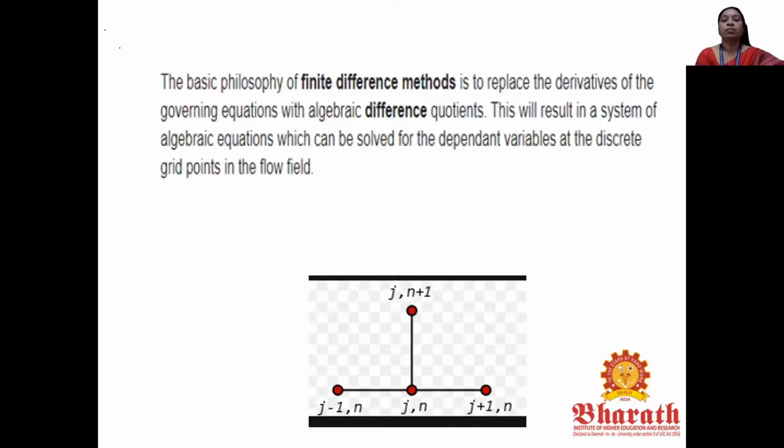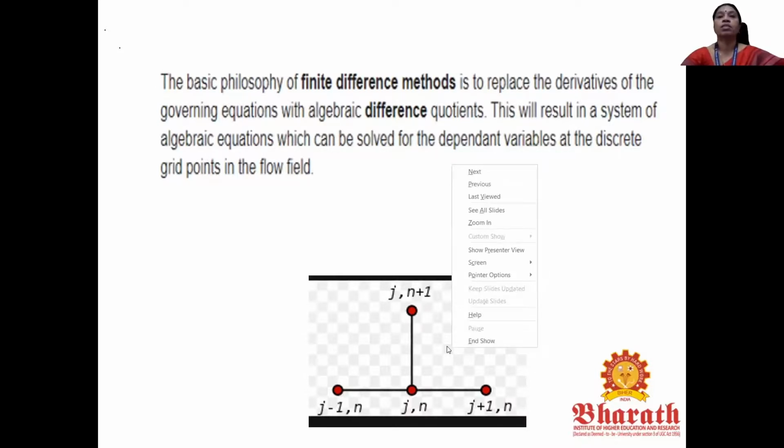So you can see the diagram. There you have got (j, n). If you shift to your left-hand side, it is (j-1, n). If you shift to your right-hand side, it is (j+1, n). So the time coordinate remains the same, only the space index varies. Now if you go up, the space index remains the same and the time index varies, that is, (j, n) becomes (j, n+1). So this is the grid you will often be using when we are doing problems.